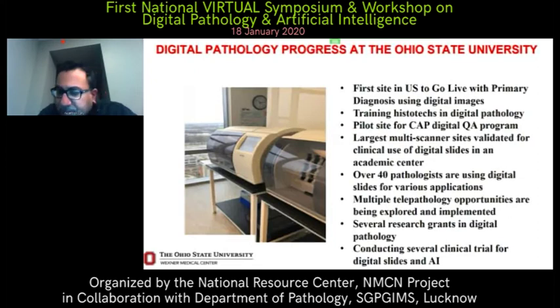network and revenue generating contracts with some countries already. And we have several research grants now in digital pathology. And we're doing clinical trials in AI with our graduate students in computer science. So when we went live,